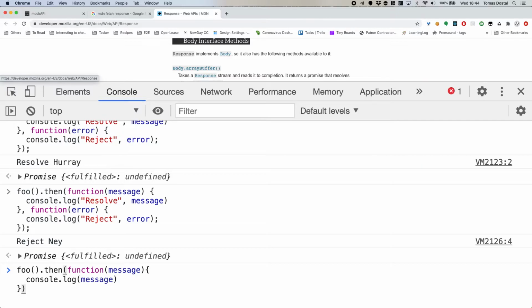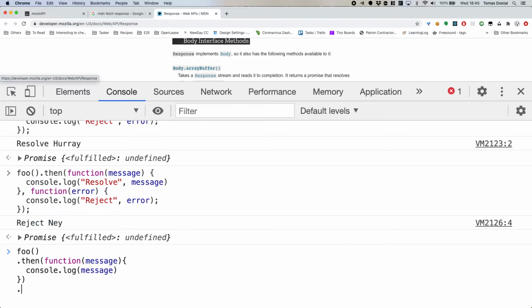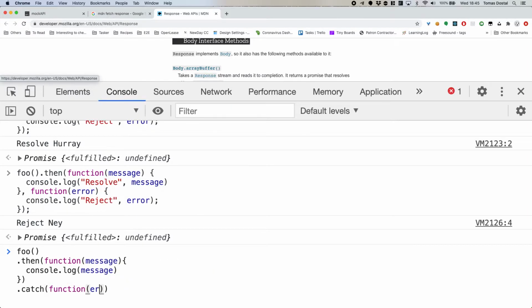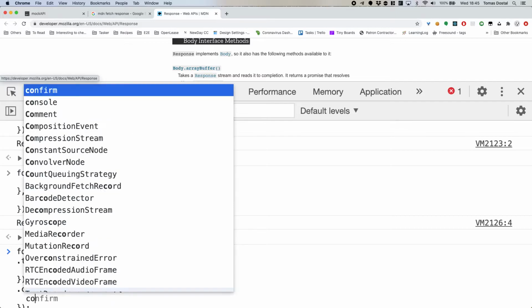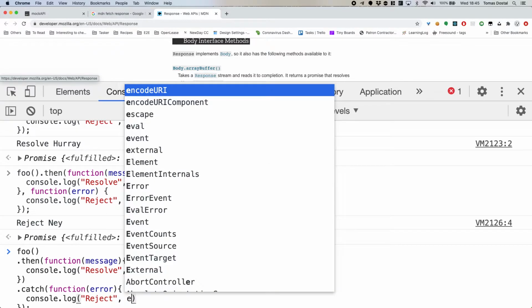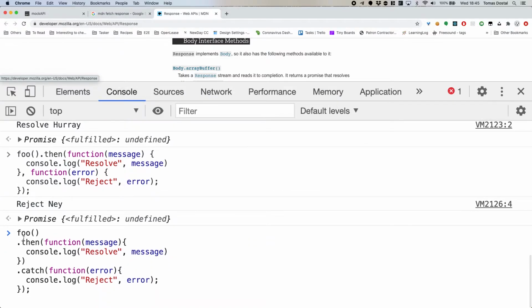and then I can do, let me just put this on a new line, and then I can do catch function error. So I can write it like this as well.